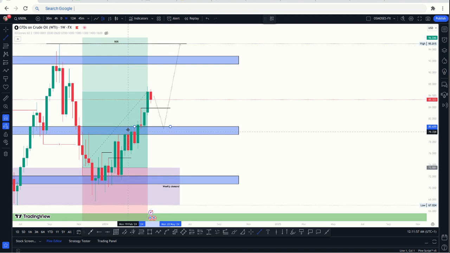This has been mitigated already. This candle and this candle are in the same block, so this is the major zone. So we are still coming back to this weekly demand, for,